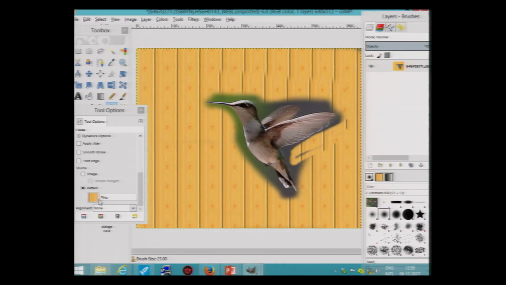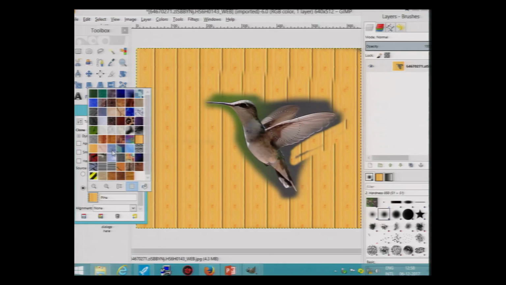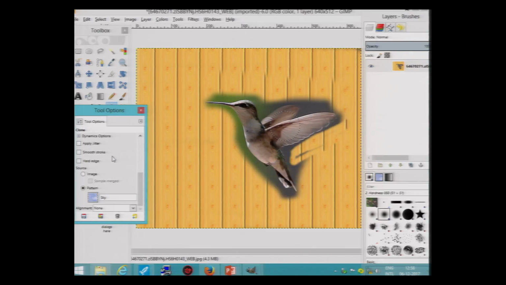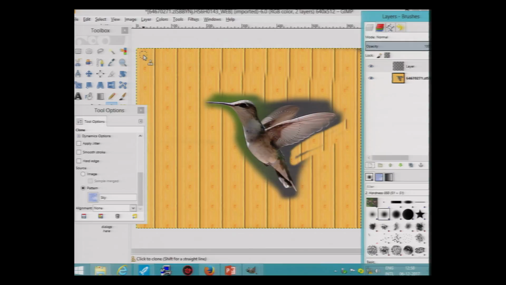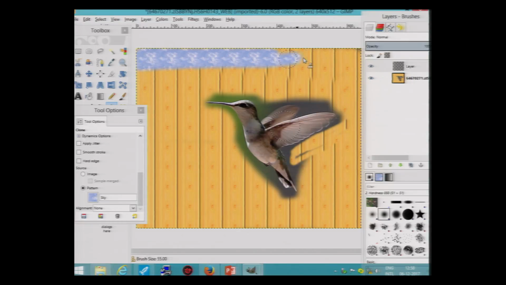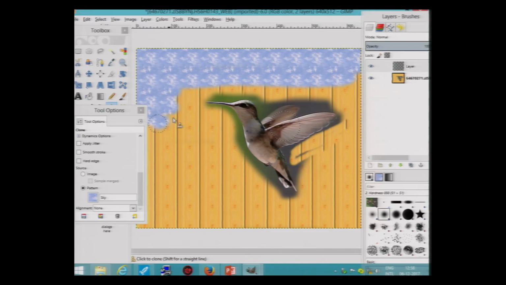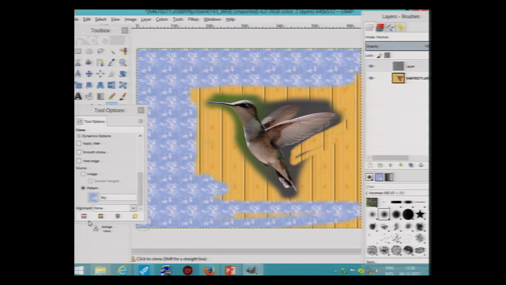There are lots of other patterns available here. You can click on the thumbnail of this pattern. Let's say I have clicked on this sky pattern and let me create a new layer for you. Let's see what it will do. The sky pattern is being repeated over the image. So this is the clone tool basically. It works for repeating a particular selected pattern or an image for which you are going to create the clone. If it is needed, you can apply it selectively